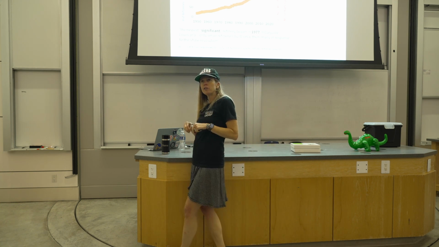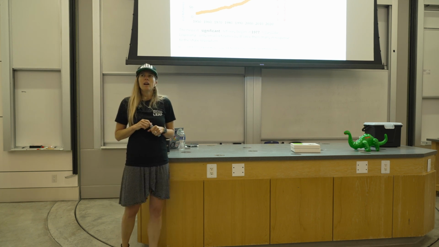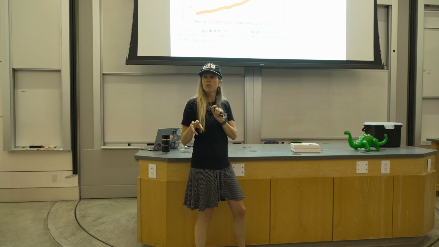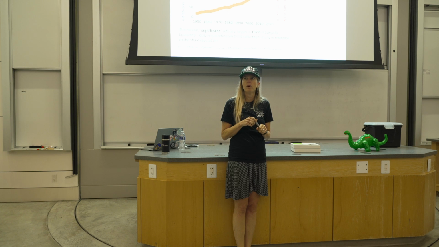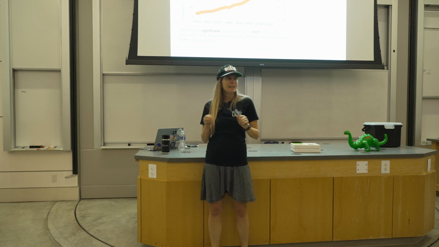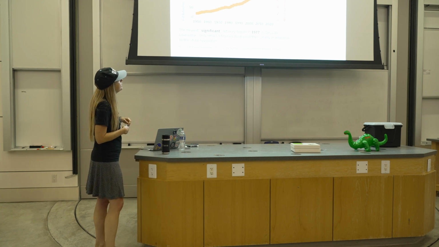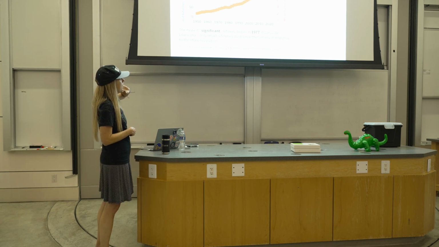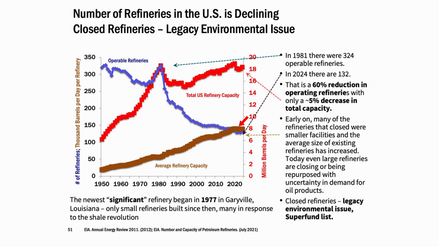We've added some little refineries, and most of that, again, has to do with the shale revolution. If you couldn't move the crude oil, maybe you set up a small refinery right near where you're producing the oil, and then you could start selling products right where you are. And so we've seen some little refineries be put in place since the shale revolution, but big refineries, we really have stopped building them. So you can see the average refining capacity has grown. Total refining capacity has pretty much grown as we have been shutting down refineries.